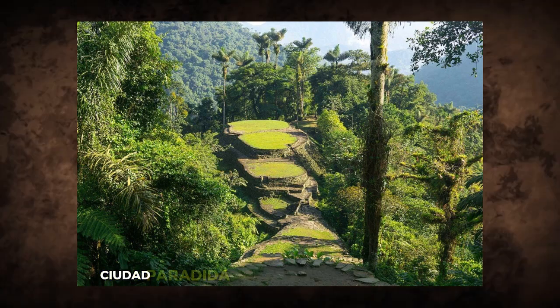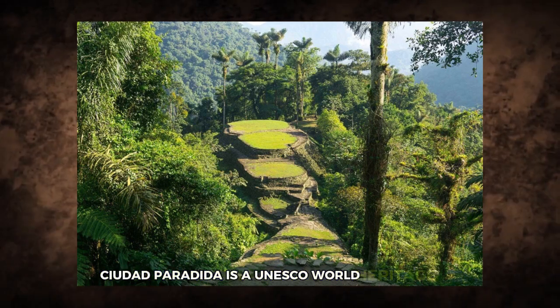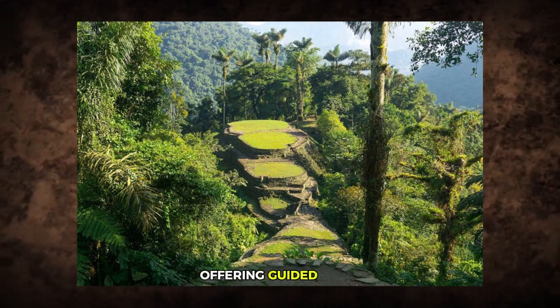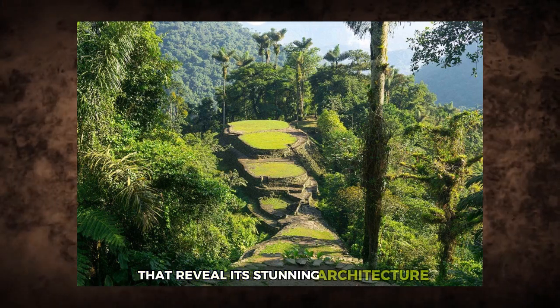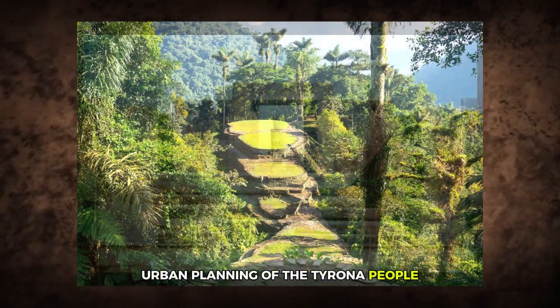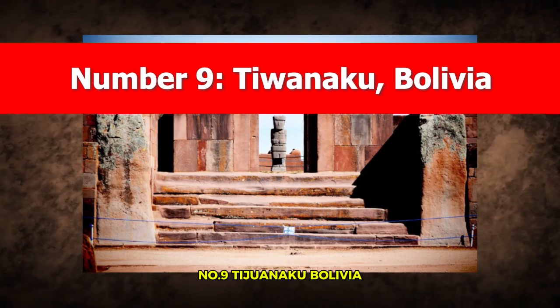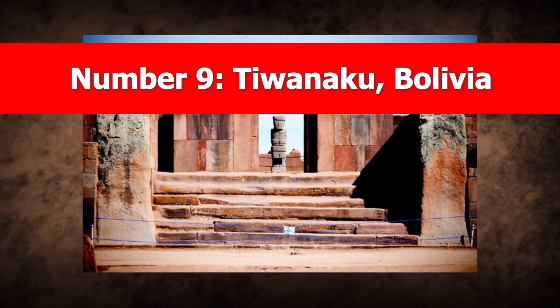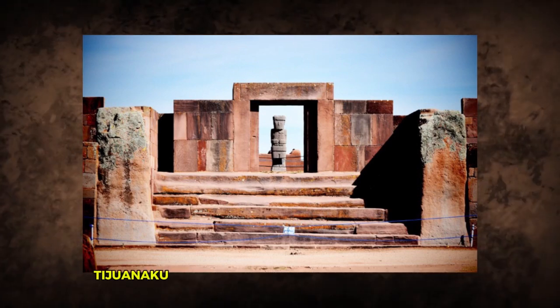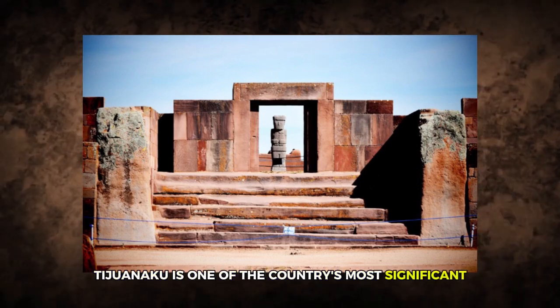Today, Ciudad Perdida is a UNESCO World Heritage Site and a major tourist attraction, offering guided hikes that reveal its stunning architecture and the sophisticated urban planning of the Tairona people. Number 9. Tiwanaku, Bolivia. Located near Lake Titicaca in western Bolivia, Tiwanaku is one of the country's most significant historical